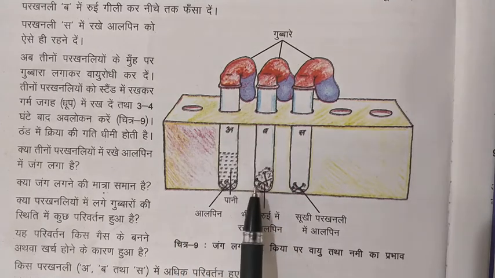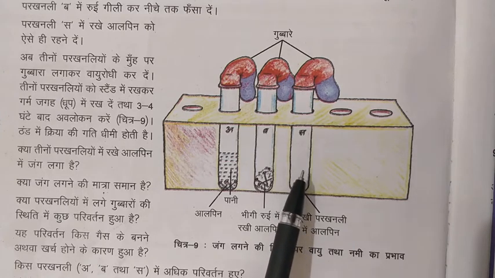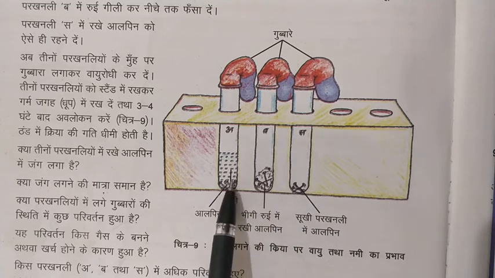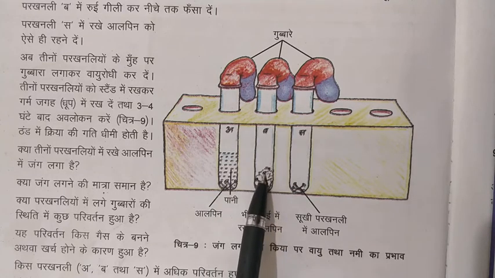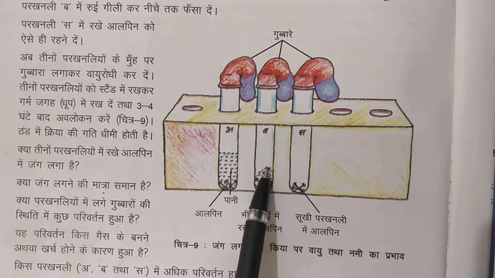In the second test tube, take a moist cotton with pins, and in the third test tube there are dry pins. Neither moisture nor water is there. Now see the result. Obviously, the pins inside the water will get corroded. The moist cotton pins will also get corroded, but the dry pins will not be corroded. So corrosion occurs because of the presence of oxygen and moisture.